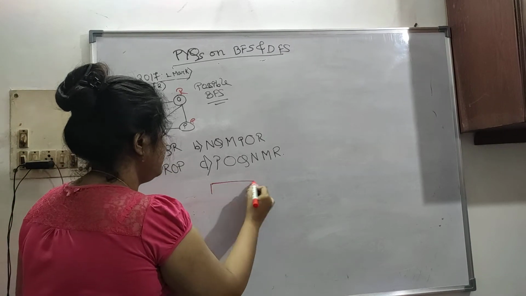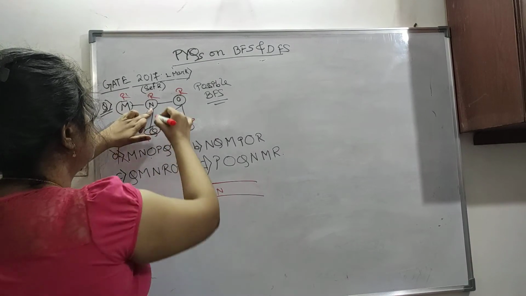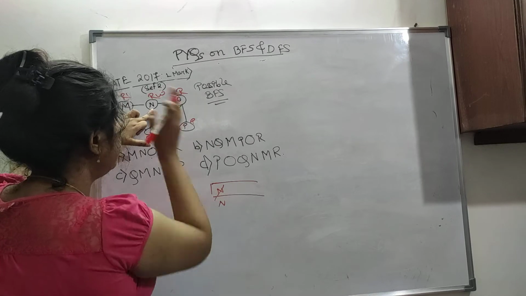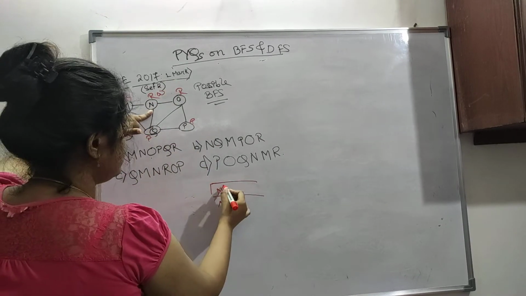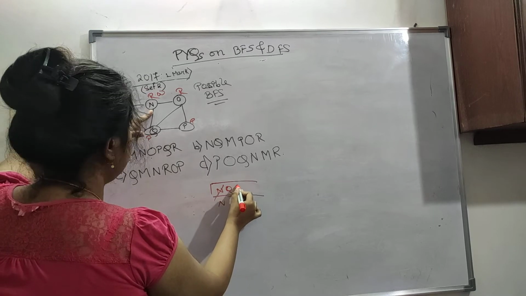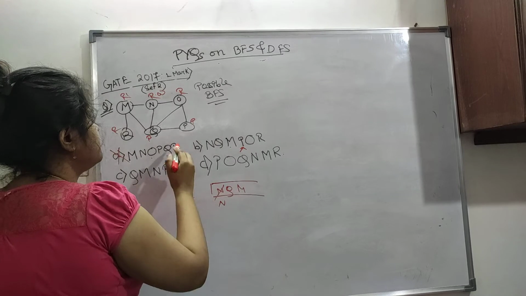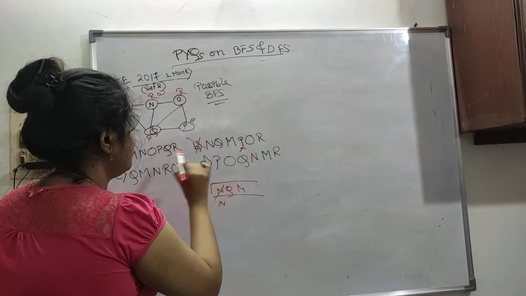So now let's move on to our next, N. So N is our starting vertex, let's say. Now N is waiting, so now N is deleted, then waiting, and now all the adjacent vertices, Q, then M, then P. So P is not possible because P is not adjacent to M, so this is false.